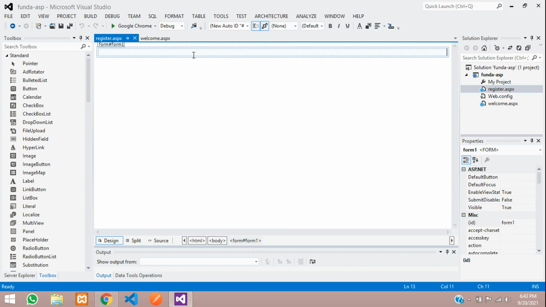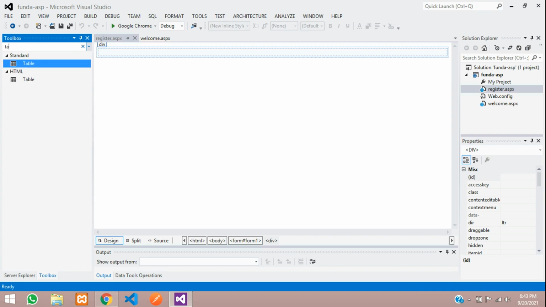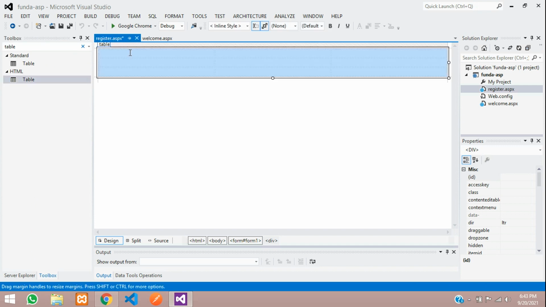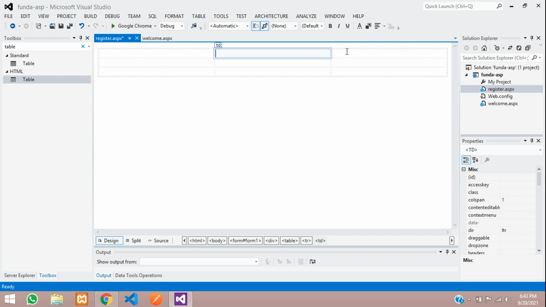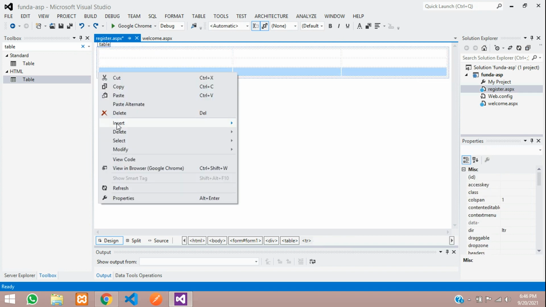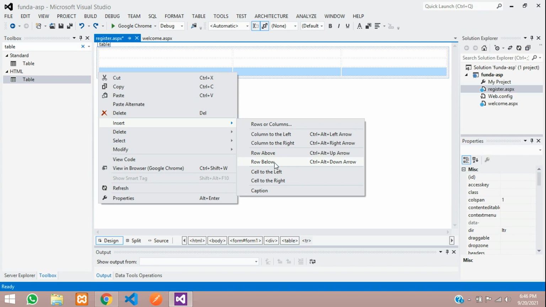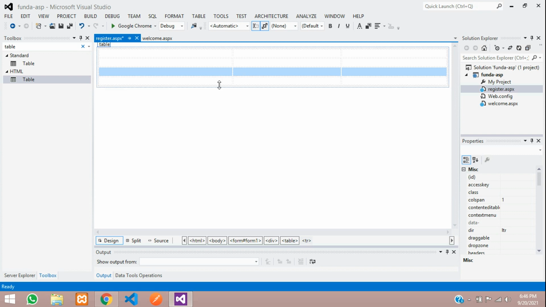So click here, and let's take a table, where we select the HTML table and paste that. So we will be getting by default 3 rows and 3 columns, guys. Okay, so let me just shrink this. All set. So now let's click on this side, right click and insert row below. Okay, so let's insert a few rows for our